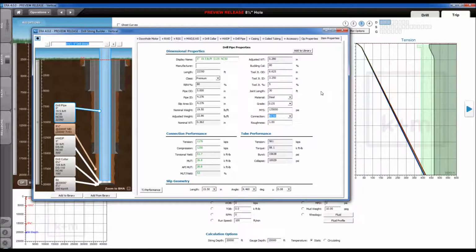I'd like to show you one of the newer features in ERA. It's been in there for a little while, but it goes easily missed if you're not aware of it. In the string builder, if you click on a joint of drill pipe and you pull up the dimensional characteristics